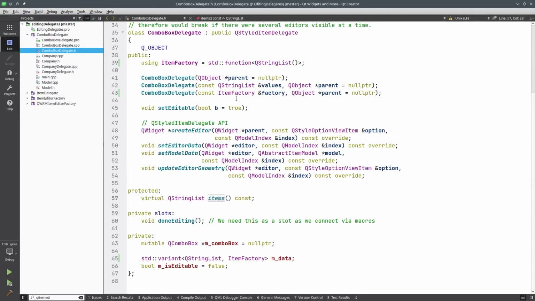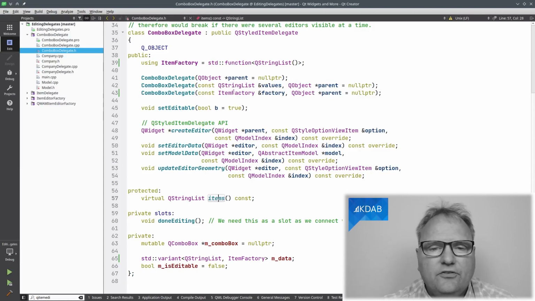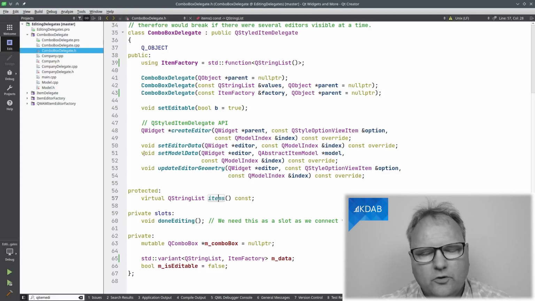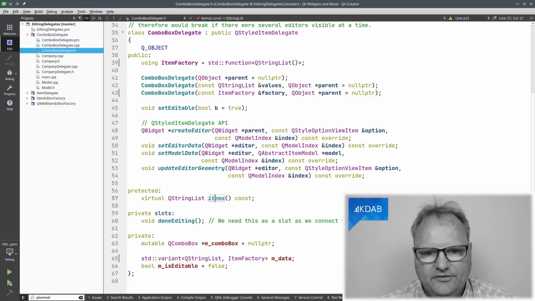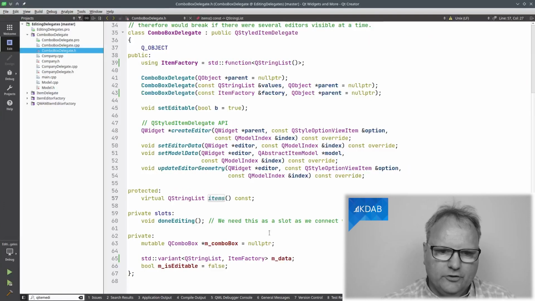Let's go back and look at the ComboBox delegate. There are a few things to notice about the class itself. Not much, and I'm not going to read every single line of code for you, but there are just two things. So first of all, you saw that you could use it with three different kinds of types: either subclass directly, give it a string list, or give it a factory. And the factory is just a function returning a string list. This stuff here, the usual create editor that we saw previously, is just using the item list that we have down here. And the default implementation of this item list, let's go right over here.